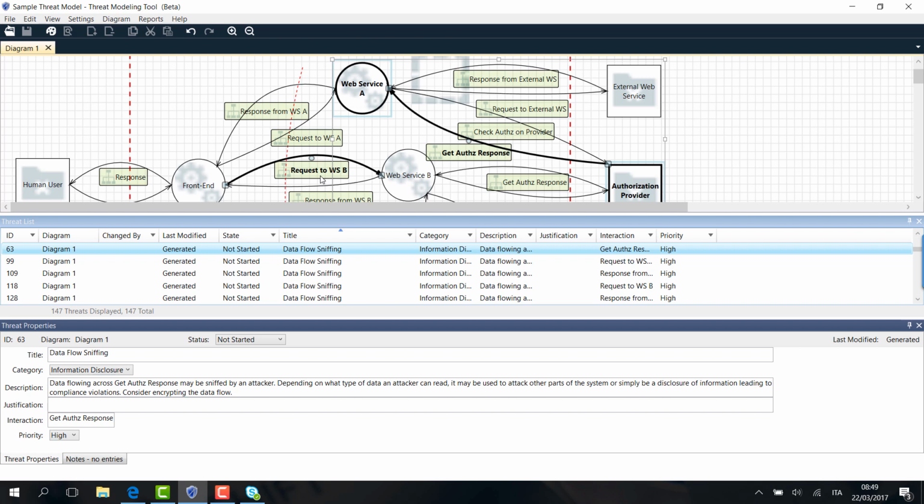Now, in this case, we have about 150. This means that I will need to dedicate 4 man-days to work, provided that we have only one person doing the